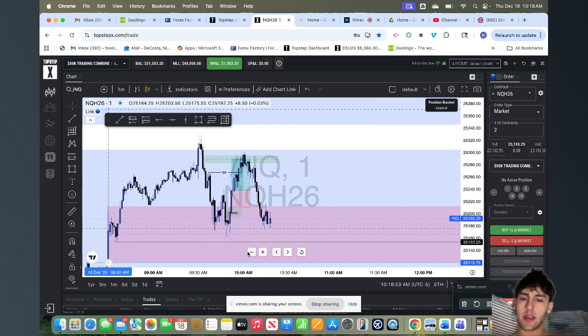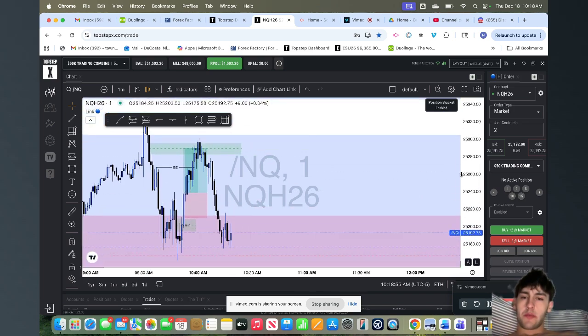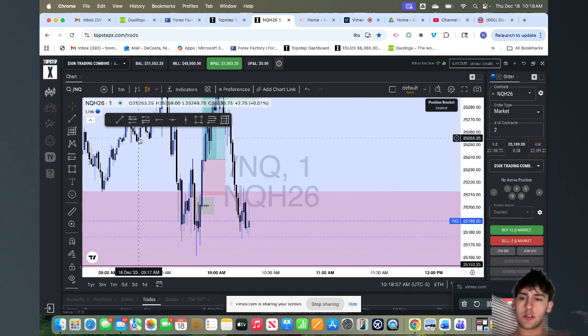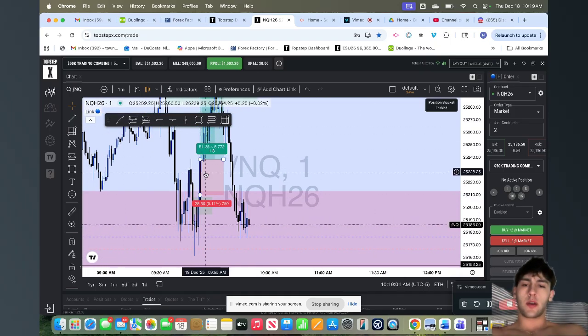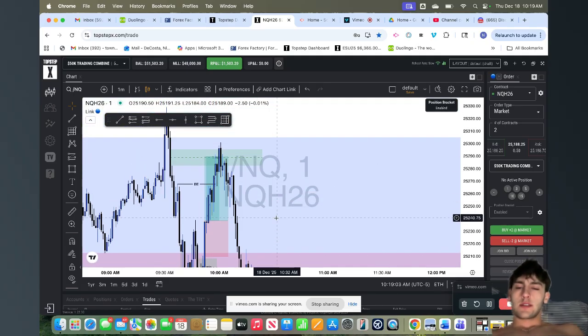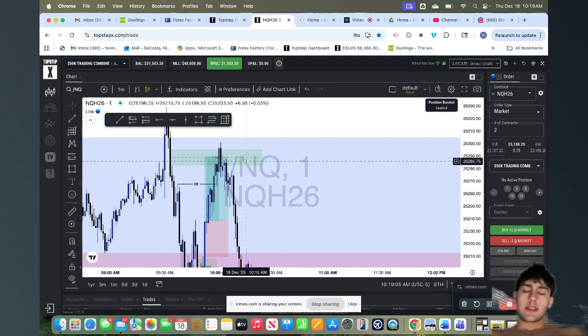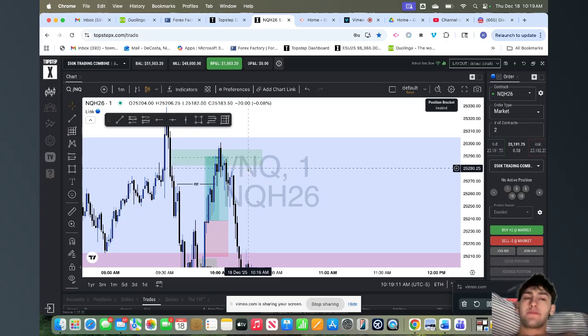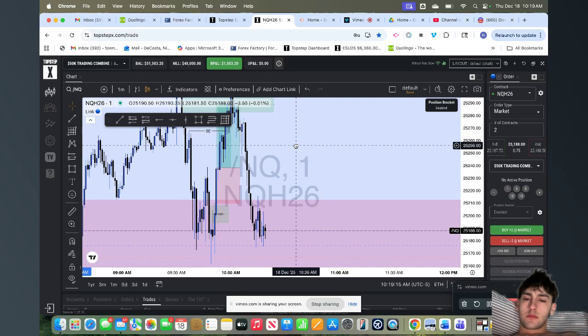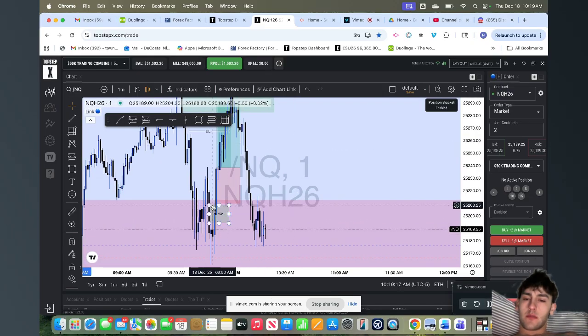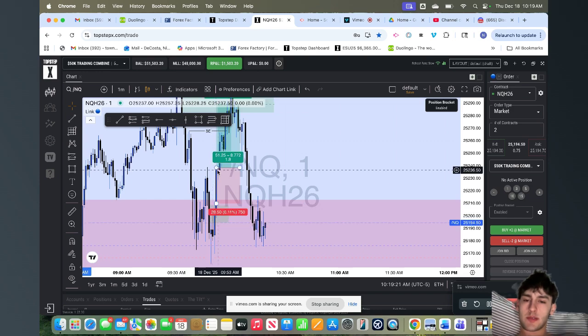This is a pretty high candle closure. Oftentimes, when you see high candle closures out of fair value gaps like this, even if it's all the way up here, that's a telltale sign that we are going to push higher. That happens so much. If you see a big candle move out of a fair value gap, it's a good sign it's going to continue that way. So that's what happens. We tap into the 15-minute fair value gap, inverse the 1 minute. That's when I entered. I entered up here.